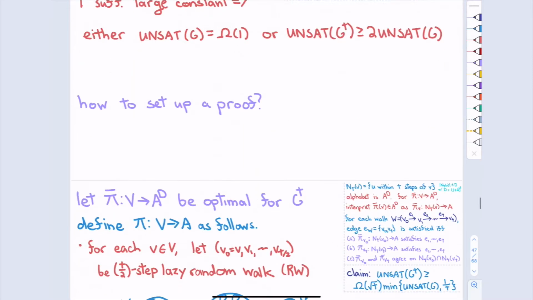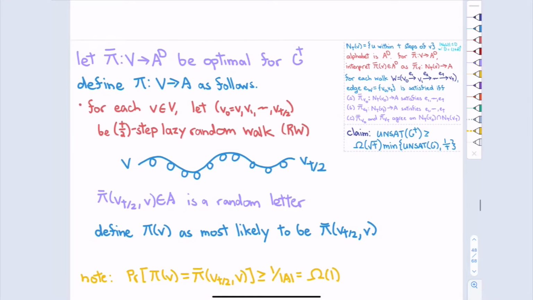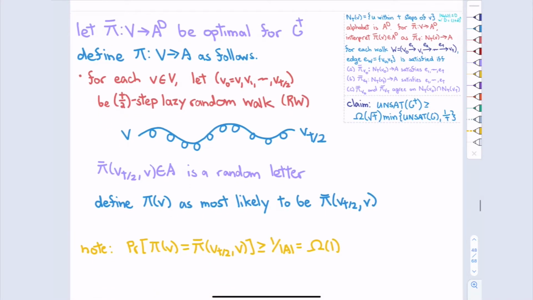All right, here's what we'll do. We'll start with an optimal label for g to the t. I'm going to call that pi bar. And from pi bar, I'm going to extract some kind of label for the original g.